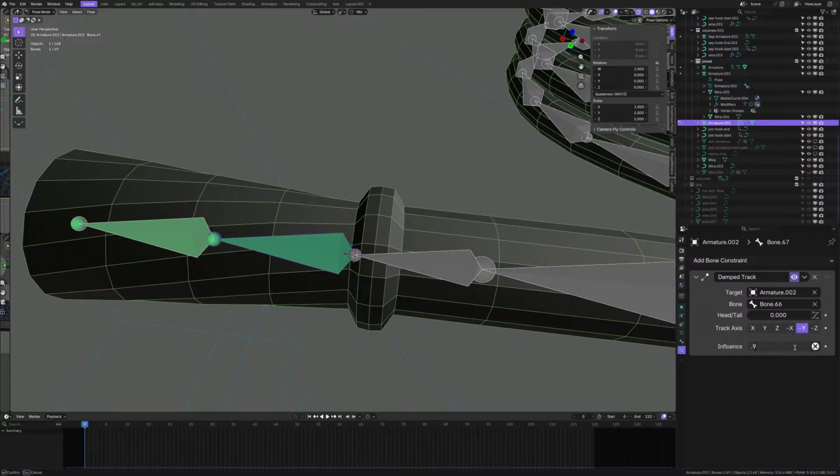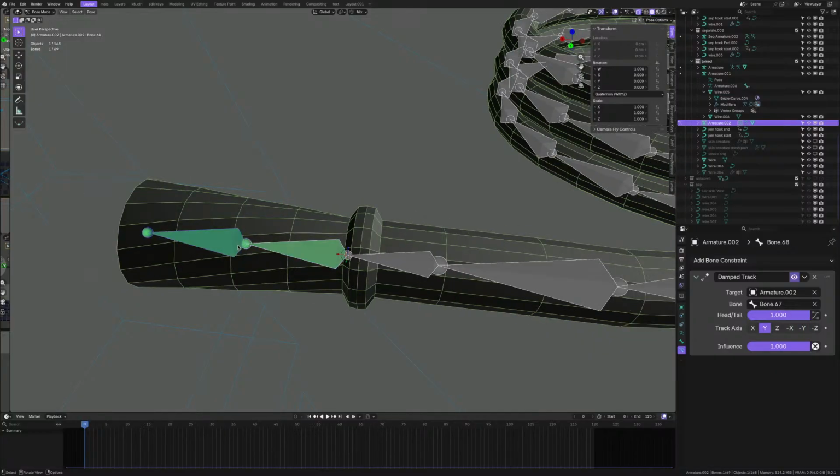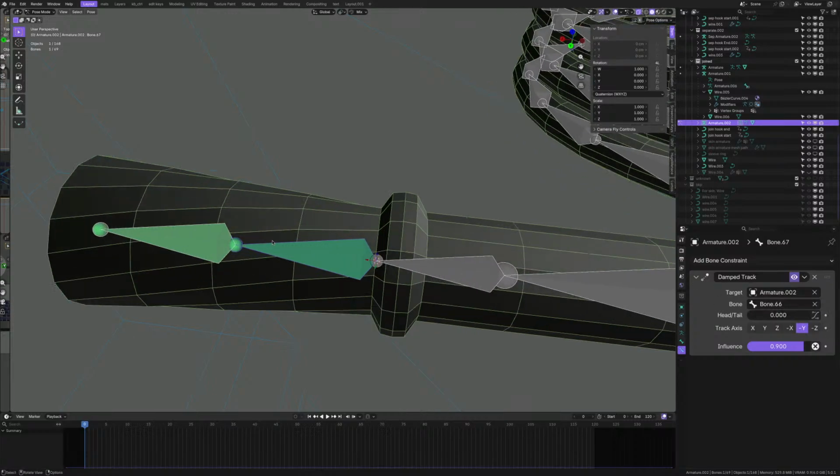This will have 0.9 and this will have 1.9. Bone 68. Bone 66. This is the 68th bone and it has a